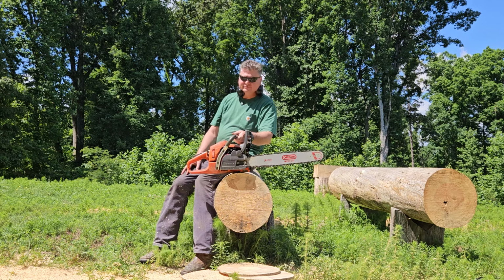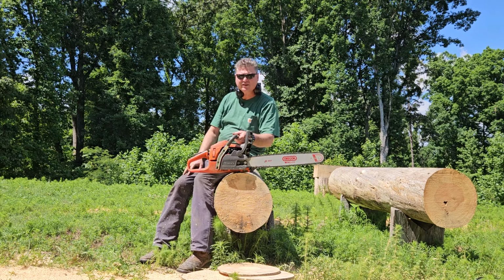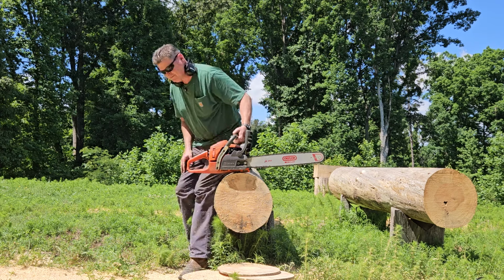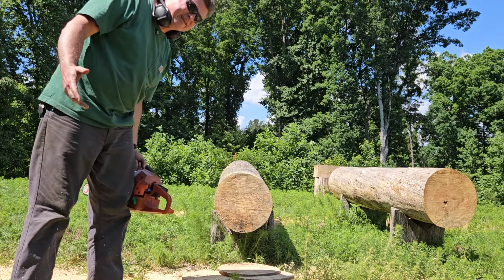All right, moving on. I've got another saw here to test that you guys probably won't see until tomorrow, but I'm excited about it. I might as well tell you, it's the FCO 6510. I ported it up